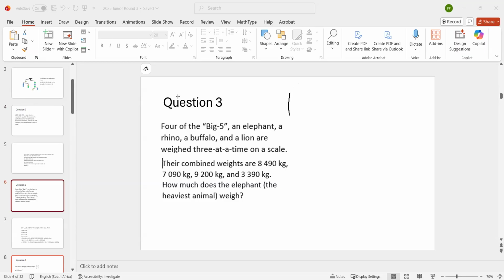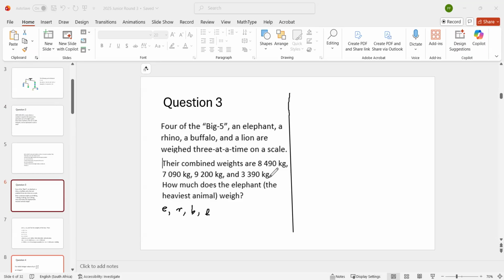Sorry. So the big 5 are the elephant. Let's use the symbol E for the elephant, R for the rhino, B for the buffalo, L for the lion,